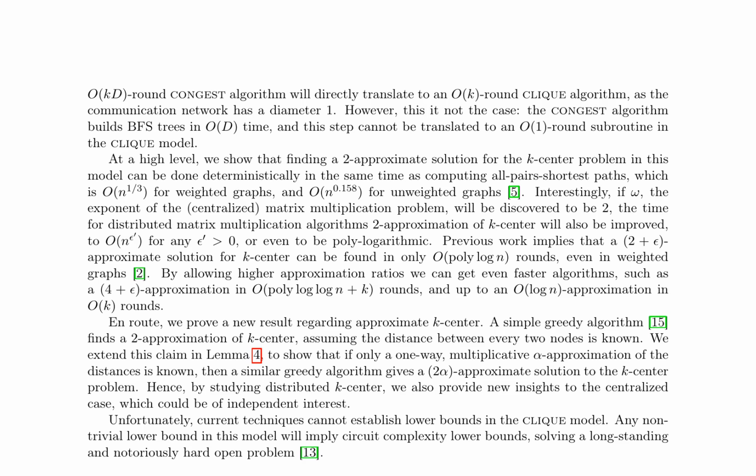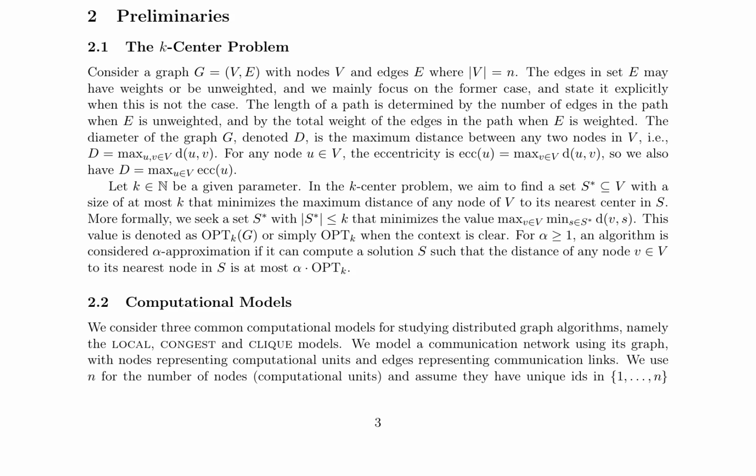This research presents a deterministic algorithm that finds a 2-approximate solution for the K-center problem in distributed graphs. If the exponent of the matrix multiplication problem, omega, is discovered to be 2, the time for distributed matrix multiplication algorithms and 2 approximation of K-center would be improved to O(n^e), for any e greater than 0,